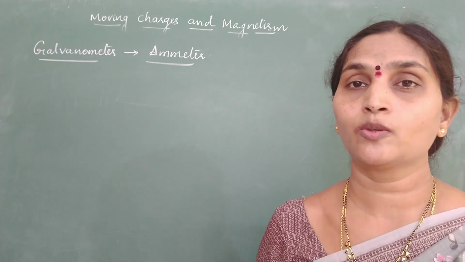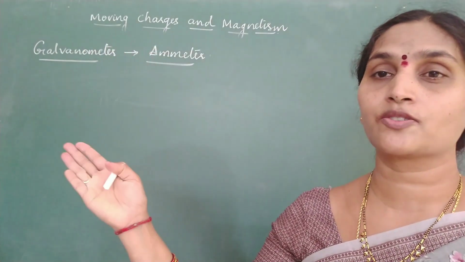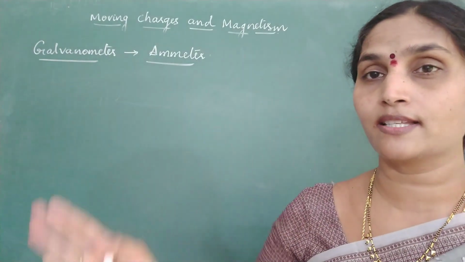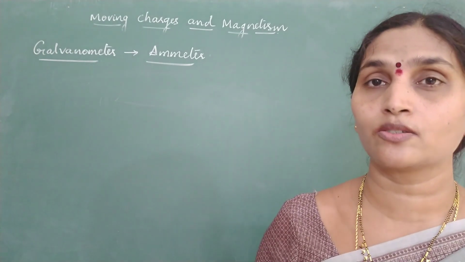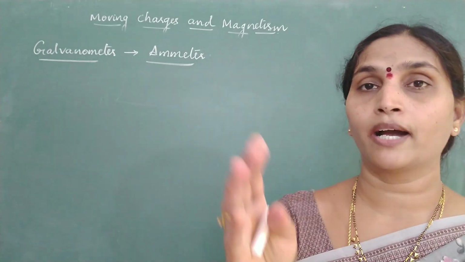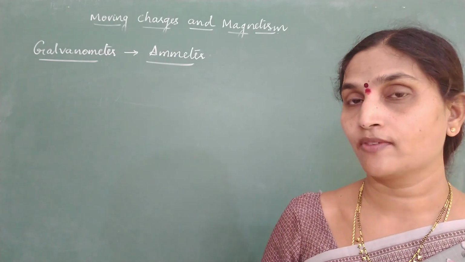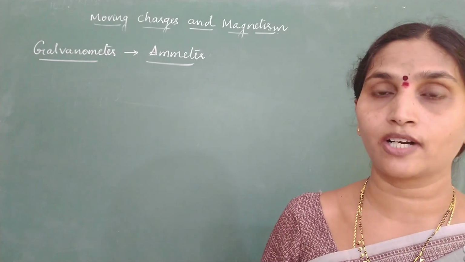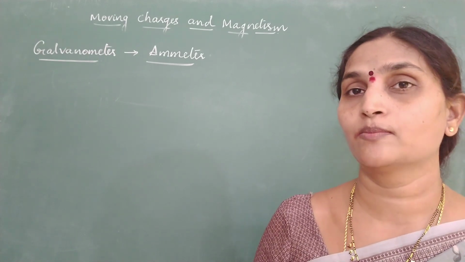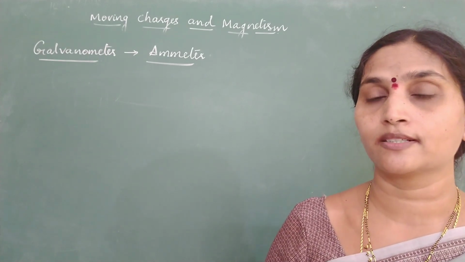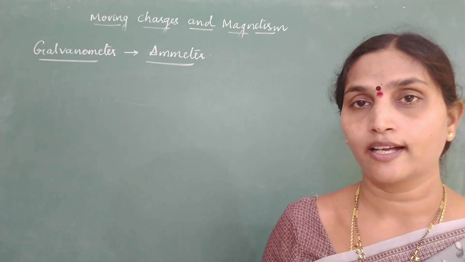So what would happen if you pass large currents through a galvanometer? The needle will get stuck on one side. When you pass large currents, the galvanometer will get damaged. The spring will be twisted so high that it cannot come back to its initial or restoring position. So when you have to measure high magnitudes of current, say milliamps or in the ampere range, we have to make some modifications in the galvanometer.